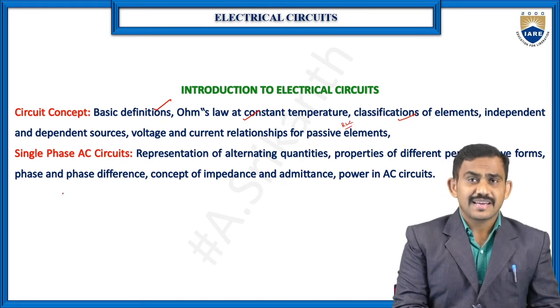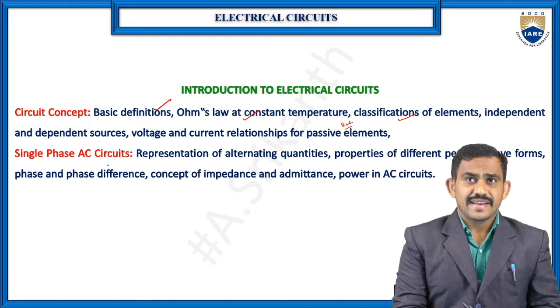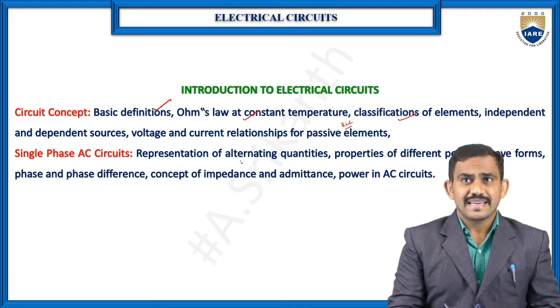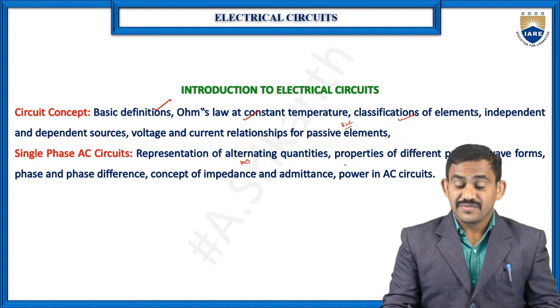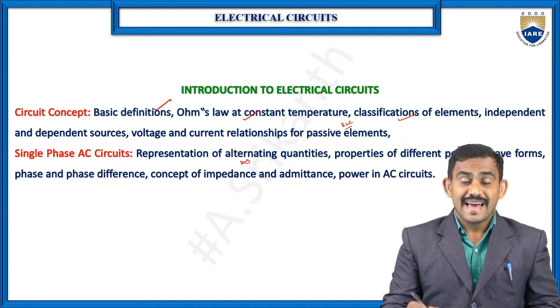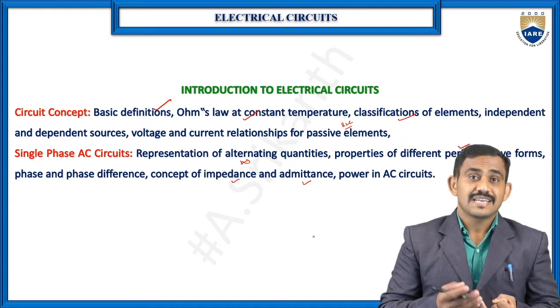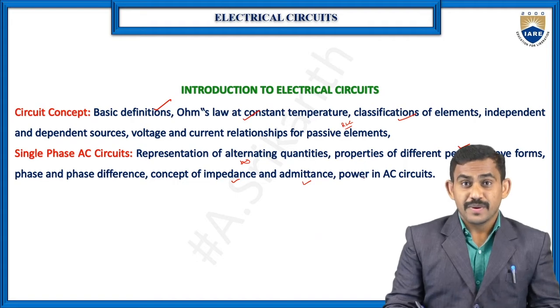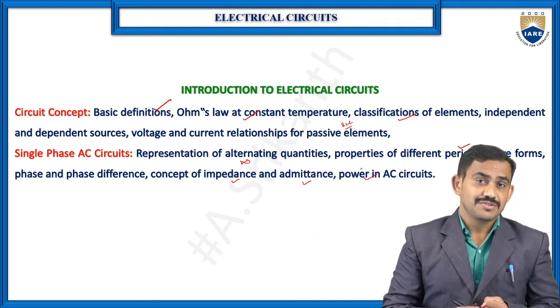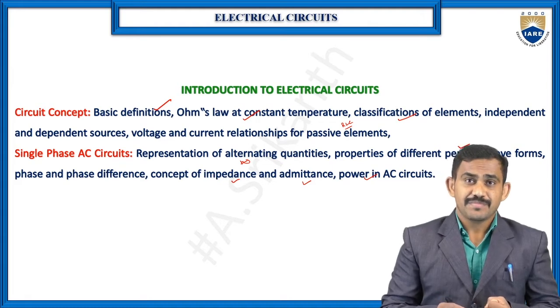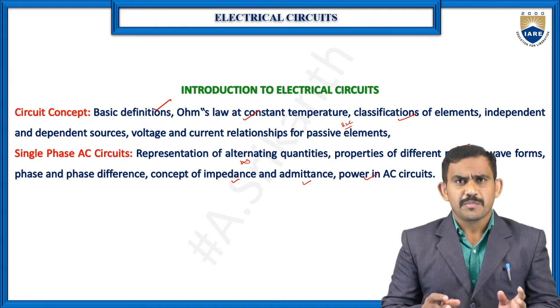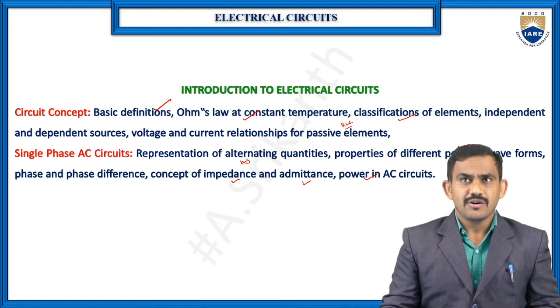And the same thing we have for AC: the AC wave, sine wave and their properties, phase differences and different periodic waves, as well as what is impedance, what is admittance, and power in AC circuits. So we have the active power, reactive power and apparent power. We'll discuss all those topics in this video. Okay guys, now